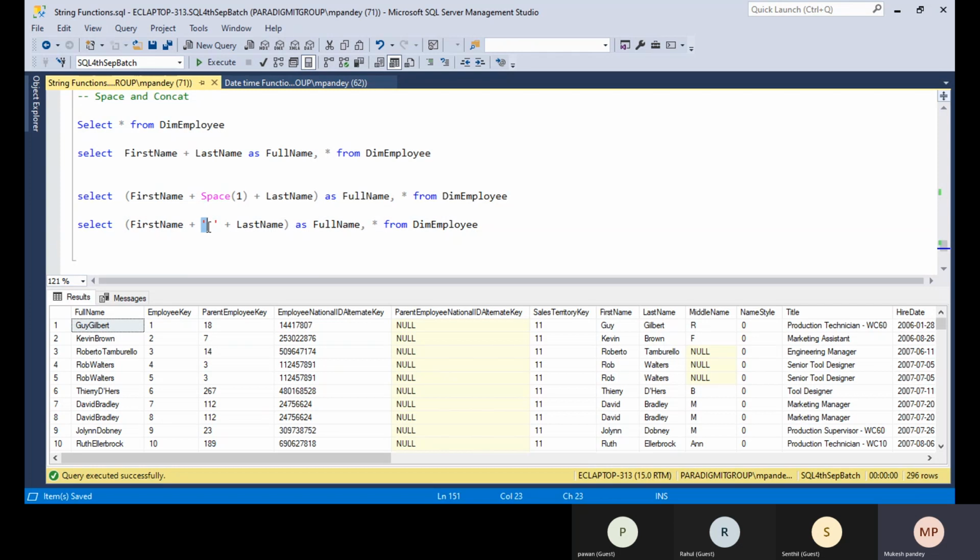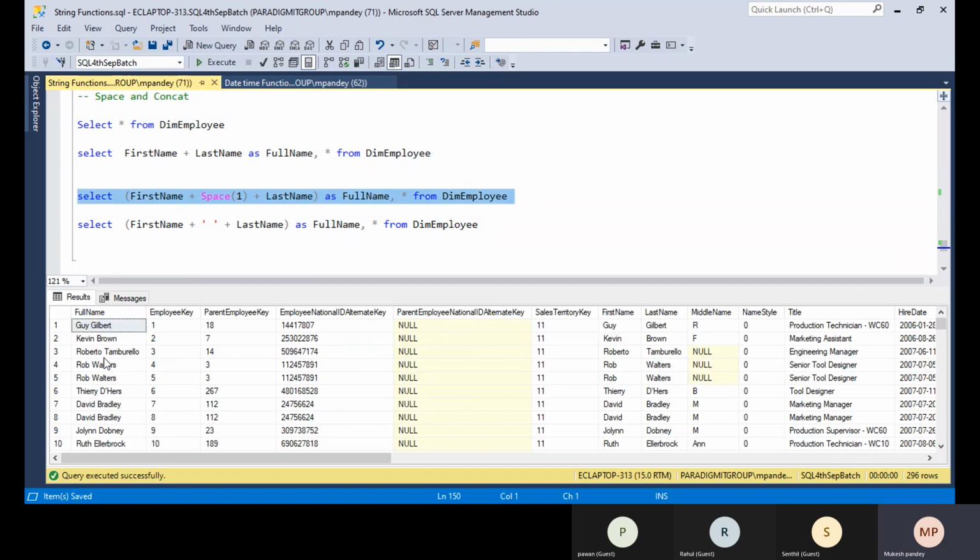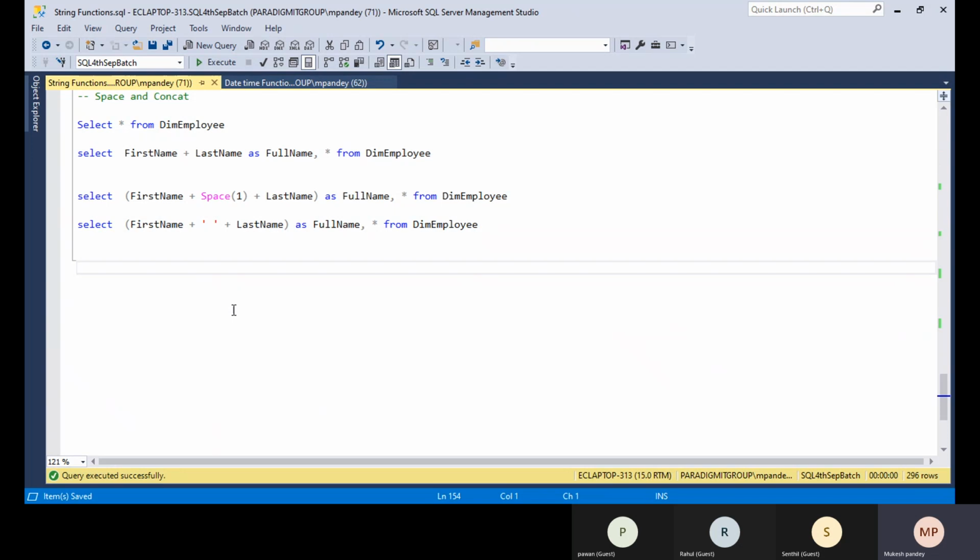Or you can give a single inverted comma, okay, so both are the same. Either you can use this one or this one. So if you execute this one, now you can see this is the combined full name, that is the first name and the last name with one space. Anyone have any question on the string function?